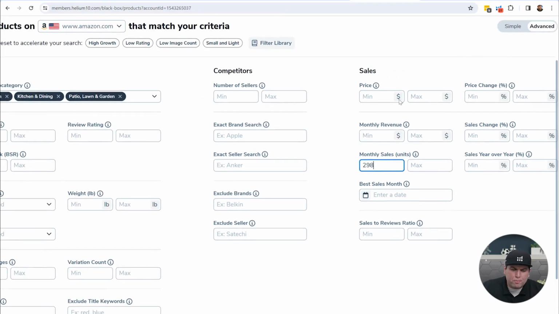Now, I'm going to put here the price. There's no magic number here, guys. I'm just going to go ahead and put between $20 and $50. You put whatever you want. If you're wondering why I put that minimum, personally, I don't want to sell a product that's like $8 or $9. I have in the past. I do now. But those $8 or $9 products, once I consider the shipping and Amazon fees, there's very, very